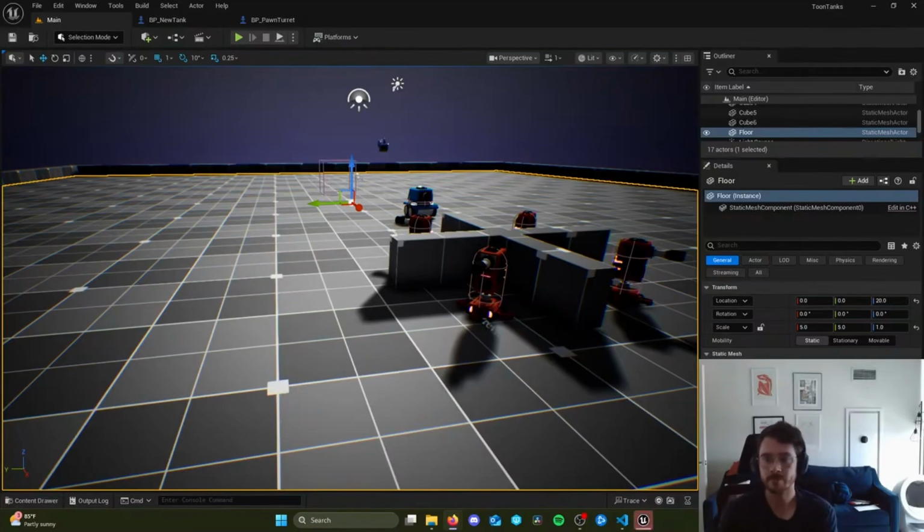Hey, welcome back. Now, we know that we need to get the hit result under the cursor. We're going to talk a little bit more about how that works. So our goal is to get the hit result under the cursor and show this. And we can do so by drawing